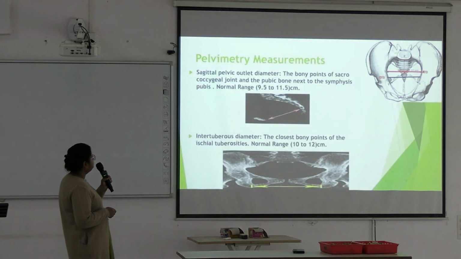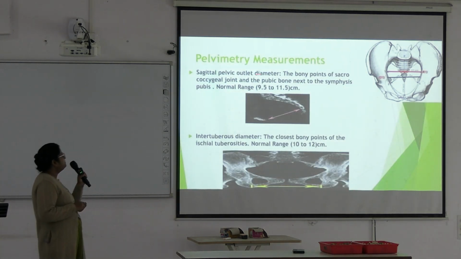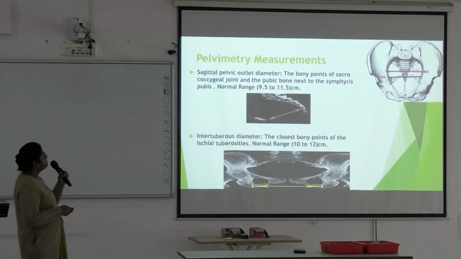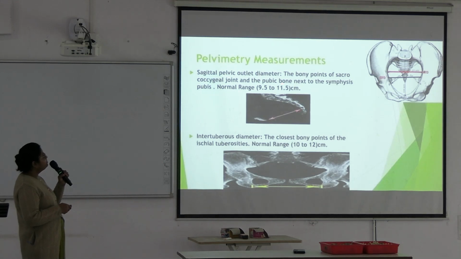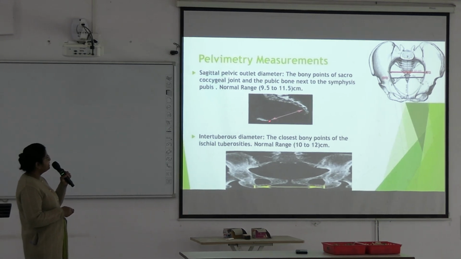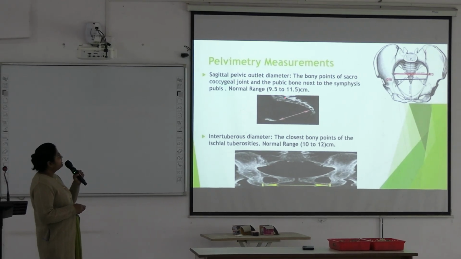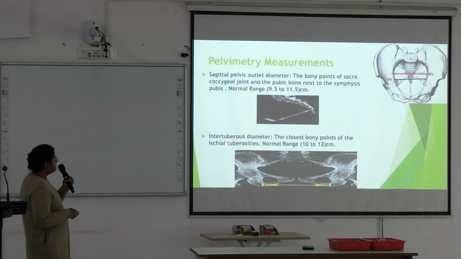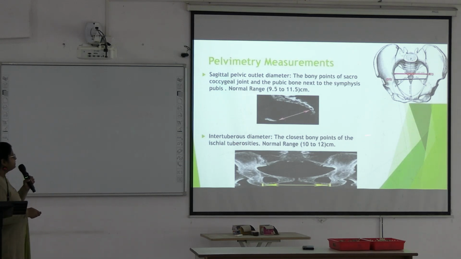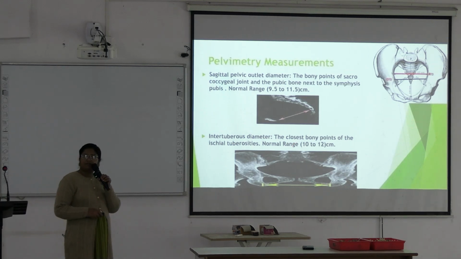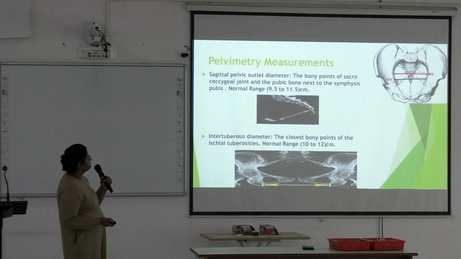Next, sagittal pelvic outlet. This is the sagittal pelvic outlet, between the bony points of the sacrococcygeal joint. Here is the sacrococcygeal joint and the pubic bone next to the symphysis pubis. This is the sagittal pelvic outlet diameter. Normal range is 9.5 to 11.5 centimeters. Intertuberous diameter, the closest bony points of the ischial tuberosities, is 10 to 12 centimeters. Okay. Next,